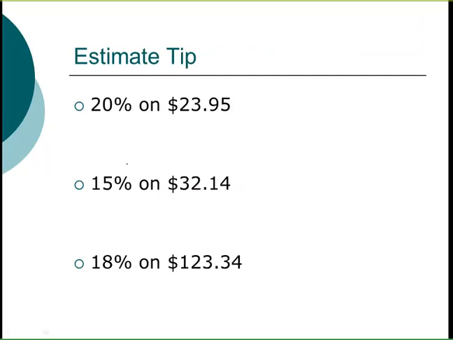So here, estimation, this is something that we do need to do more frequently, is figure out a quick estimation of a percentage, especially tipping. When you're going out to restaurants, it's a good idea to just have a quick idea of how much you want to throw down as a tip. For example, if I want to tip 20% and I've got a bill of $23.95,